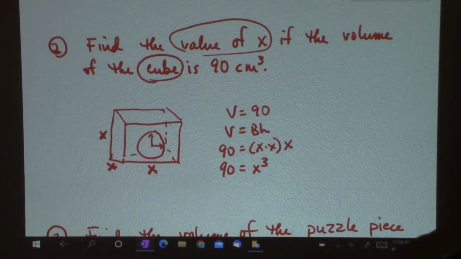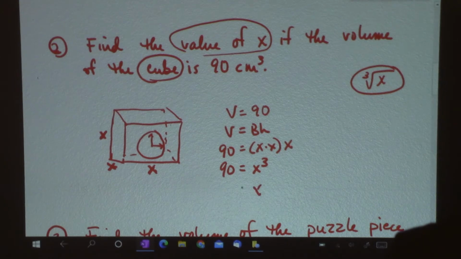Be careful on this. You want to go on your special calculator, not your cell phone. And there it should be a button that looks like this. It takes the cube root of x. So you're asking what number multiplied by itself 3 times is 90. So I put 90 in and I hit the cube root button and I get that x is approximately